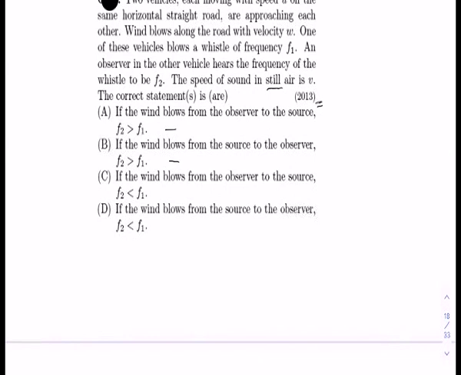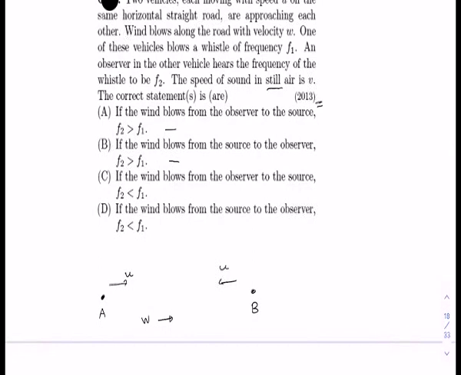Say one vehicle, say A, and the other vehicle B, and both are approaching each other, moving with speed u. Okay, with speed u they are approaching each other on the same horizontal road. Now wind blows along the road with velocity w. Now wind direction is not actually given, so let us first assume that the wind direction is along this direction, so along this B,